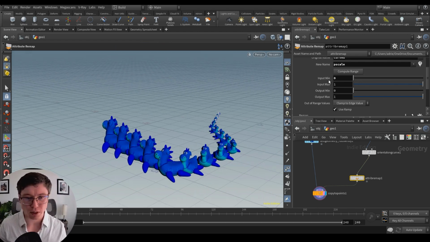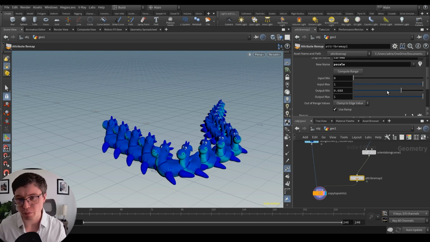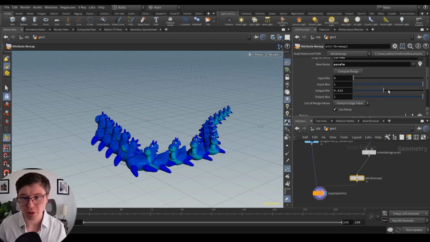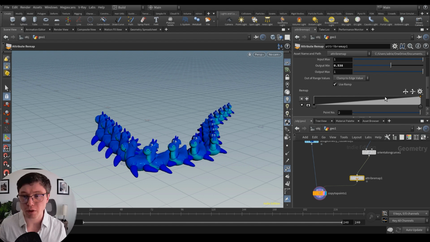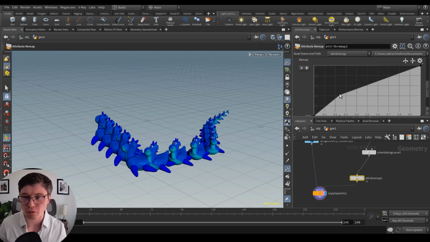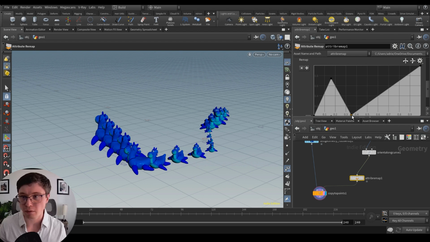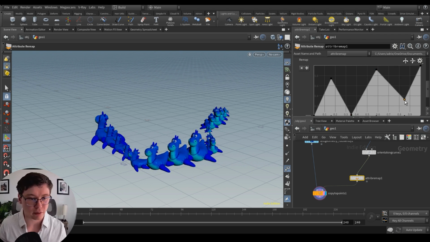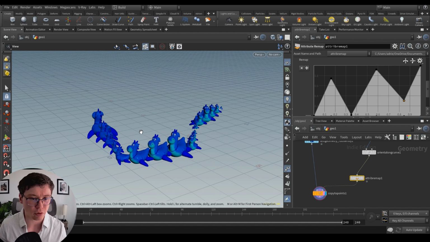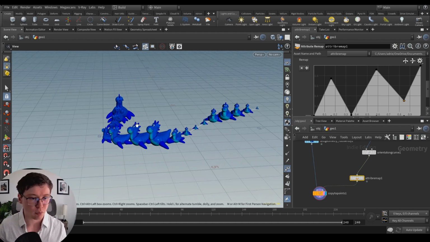But of course, you can play with the output min, output max to drive the scale. So pretty neat. And you're not forced actually to have something uniform. You can use this curve to drive the whole freaking scale of all this. So all of a sudden we break up the scale pretty nicely, right?